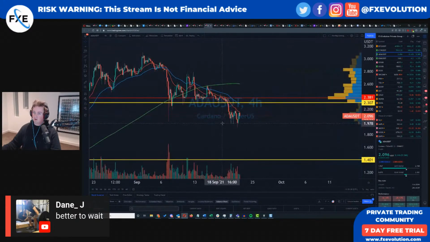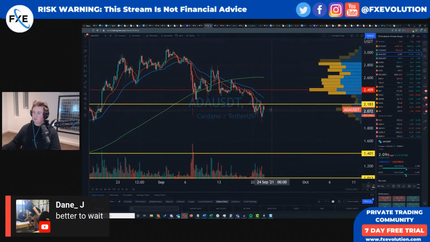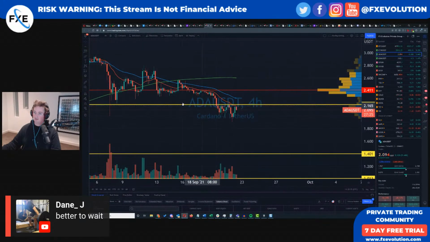ADA Cardano is holding $2 better than the others. But again, Cardano's got big issues here at this $2.20. Once that closes above and puts a nice base in, it's a great trade. Take it long, go for 230, scale some off, go for 260, take the rest off, or hodl it up. Great base. Certainly another level I'll be looking at.